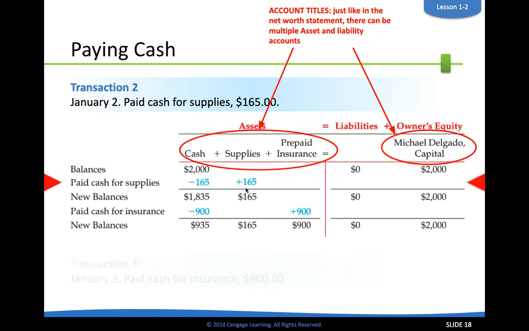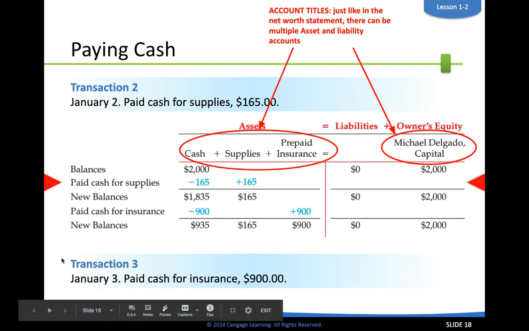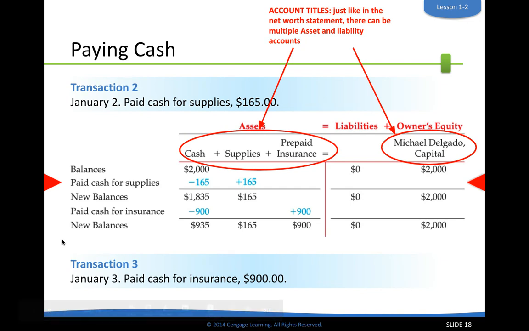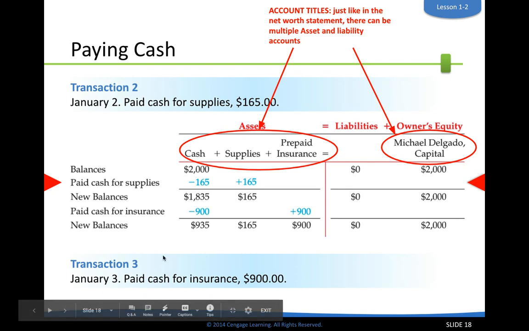Next transaction that happens, down here, transaction number 3, pay cash for insurance. Insurance is always treated like an asset because in a business, you pay an insurance premium to protect your assets. Like, you have a building that you're operating out of and you have to pay some sort of renter's insurance in case something happens and your computers get destroyed or whatever. You always pay for insurance up front and then it follows along the next month. So you pay for it in advance, therefore it is an asset.